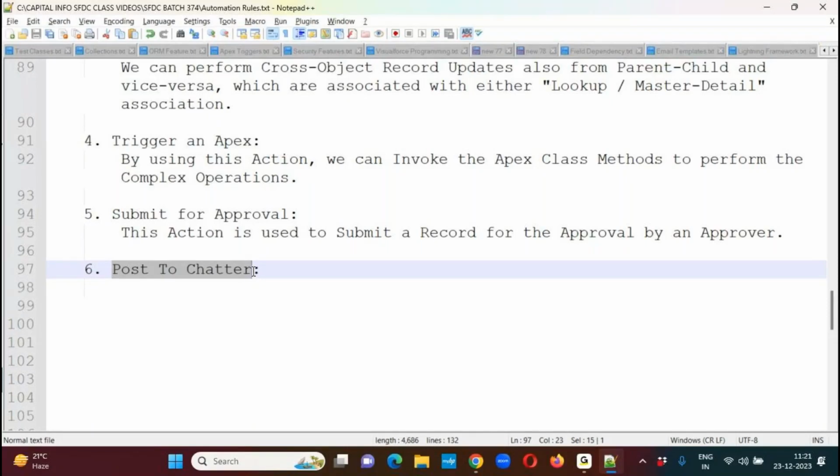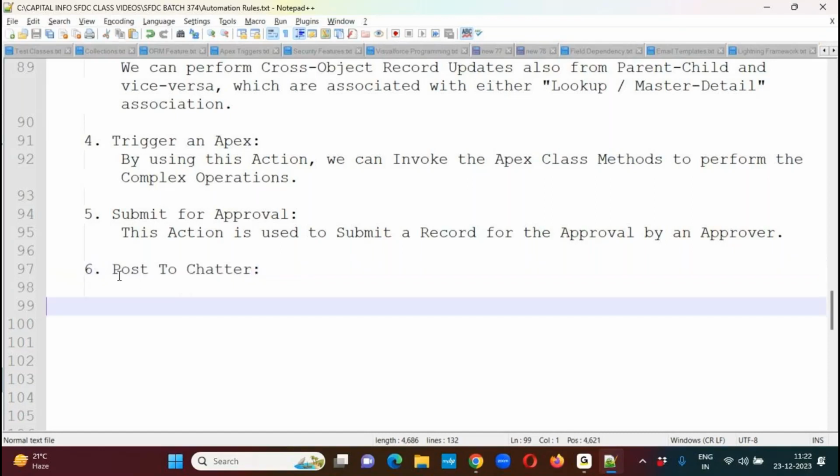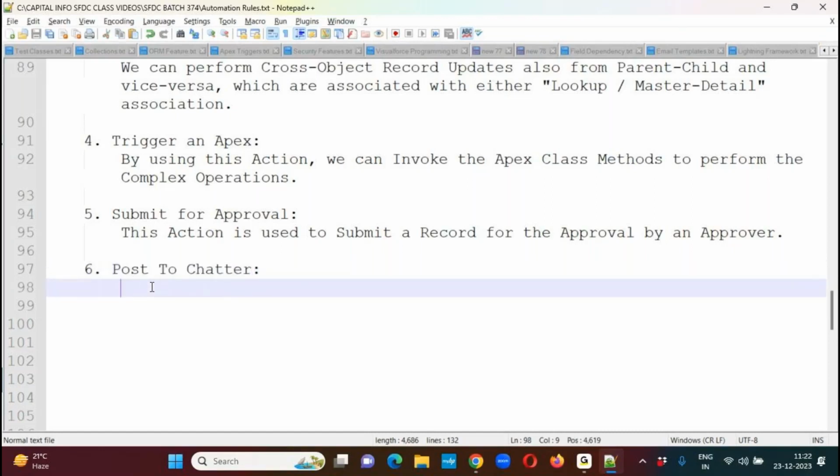communicate with each other, they don't need any separate communication messenger. Additionally, they can use this Chatter feature. By using this Chatter, we can post some message. Other people inside my organization can see that, they can comment on that, they can like that, they can follow that, they can do all these operations. For that, we are using Chatter feed features. Now, if you want to post some content inside the Chatter feed, we are using this action post to Chatter here. Okay? Now,